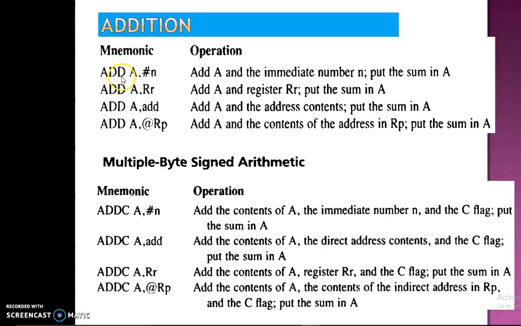So see here, first combination: addition, accumulator with #data. #data is nothing but 8-bit direct data. So you can take any 8-bit data, you can add it to the accumulator content, and after adding the 2 bytes of data, the result will be stored in the accumulator. So the direction of the flow is like that: addition of accumulator data plus immediate data, and after adding the data you store the result in the accumulator only. So in the addition operation, one of the operands must be the accumulator and the destination is also the accumulator. So remember this. Now we will see one example.